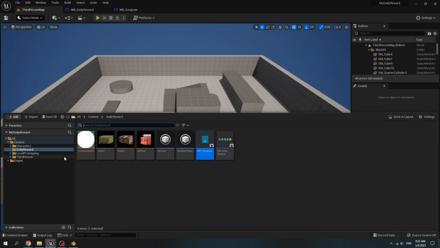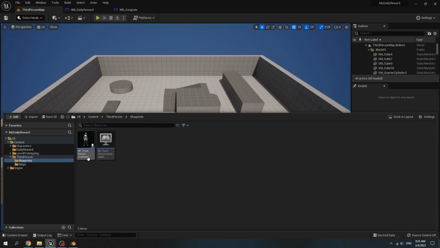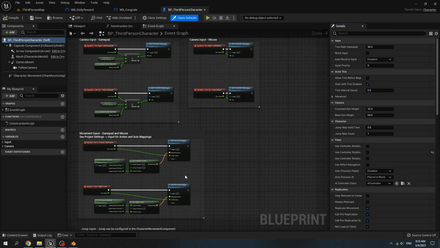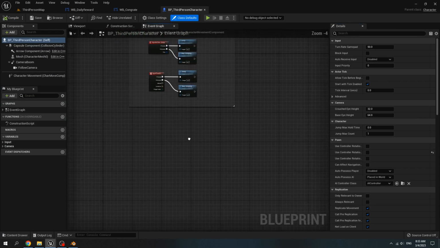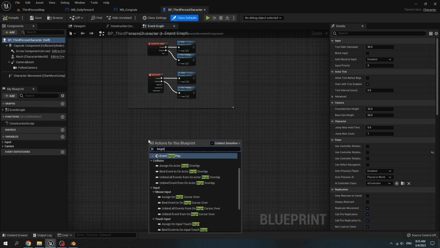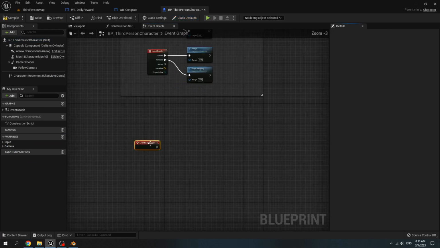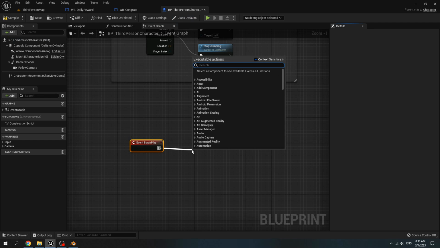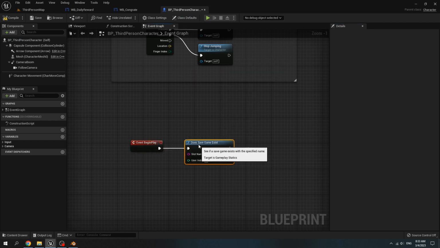Let's go to third person character blueprint. Create begin play event and call does save game exist. The slot name is save coin.